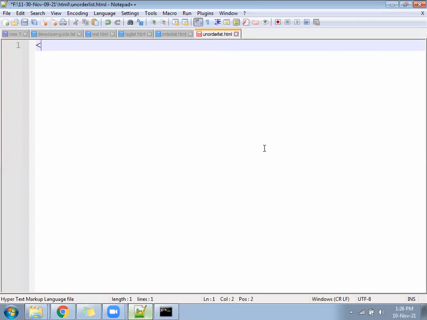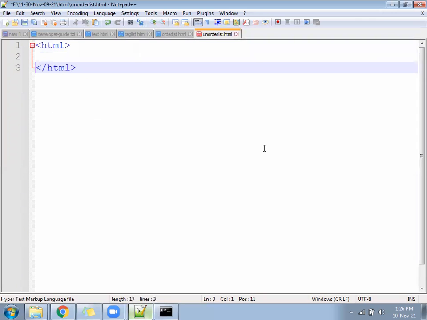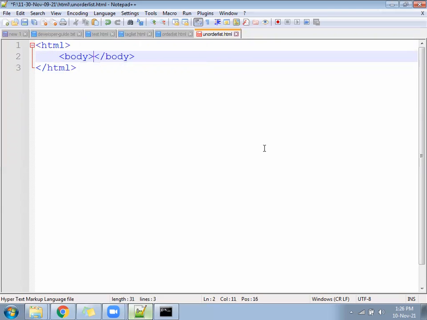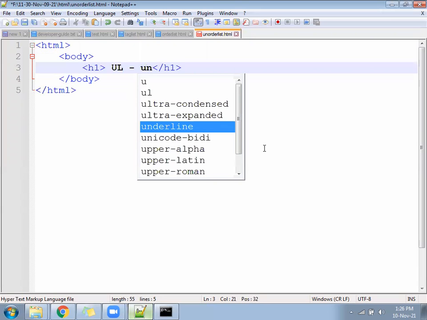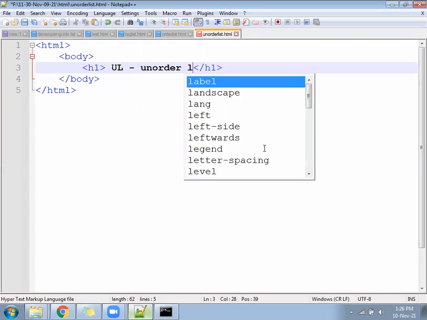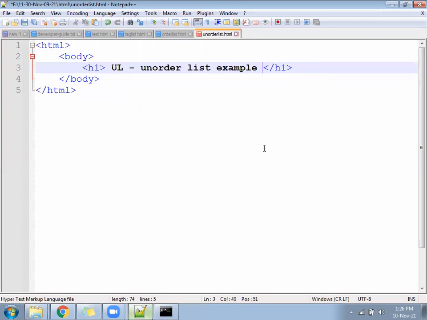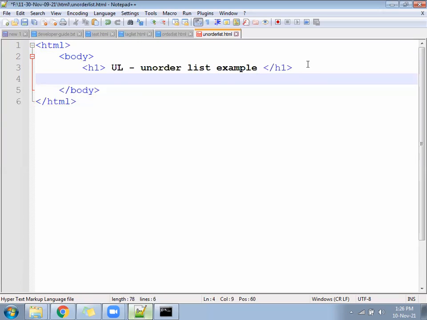Let's go. Write HTML, open and close. Inside that, follow the body again and write inside h1: unordered list example.